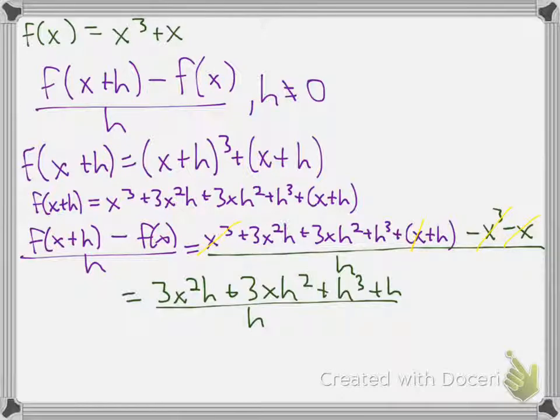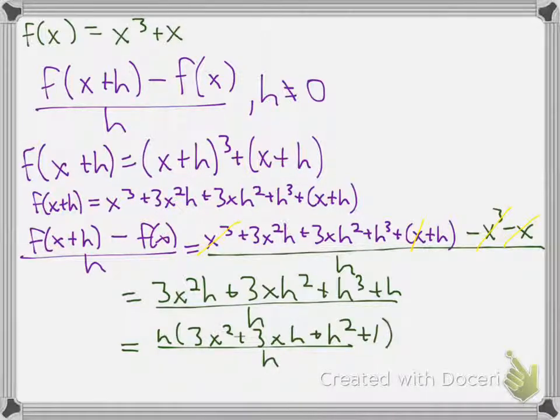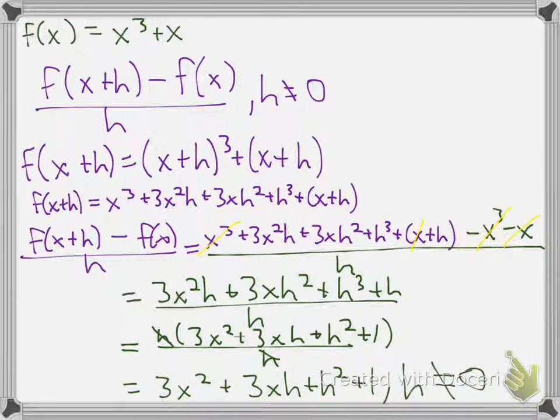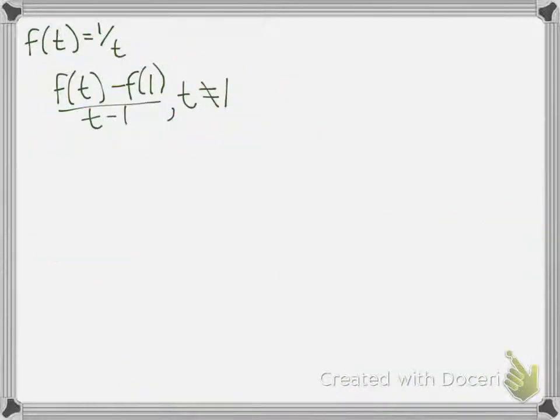Now this is very nice because everything has an h in it on top, so I can factor out an h, and I get 3x squared plus 3xh plus h squared plus 1 over h. And this gives us our answer. We get 3x squared plus 3xh plus h squared plus 1, and that is when h is not equal to 0. So we're going to do one more here, and this one's a little bit different, but it's still following